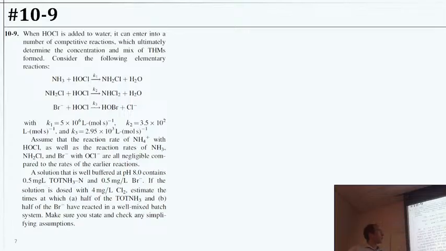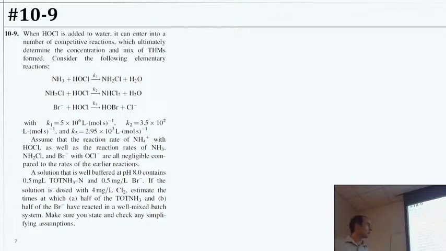We've got rate constants. We're going to assume that the reaction rates of ammonia with OCl minus, monochloramine with OCl minus, and bromide with OCl minus are all negligible compared to the other reactions, so we don't have to worry about the equilibrium on that one. We have a solution that's well buffered, so it stays at pH 8, and it contains 0.5 milligram per liter of total ammonia nitrogen, 0.5 milligram per liter of bromide, and if we dose it with 4 milligrams per liter of chlorine,